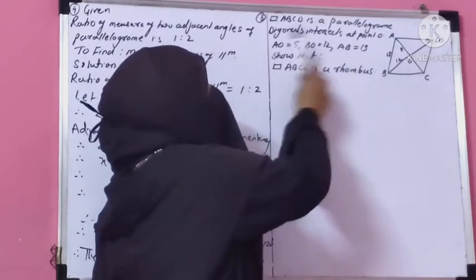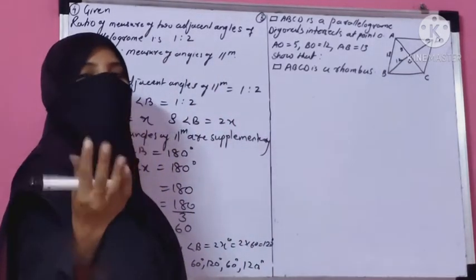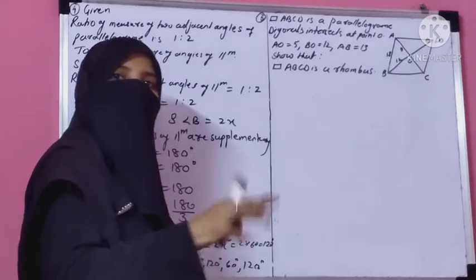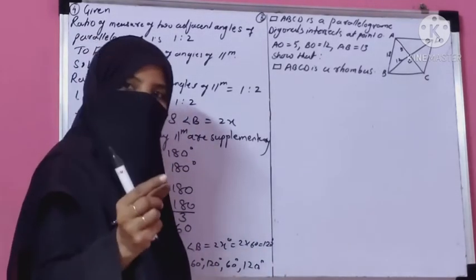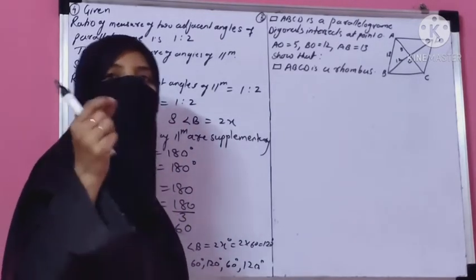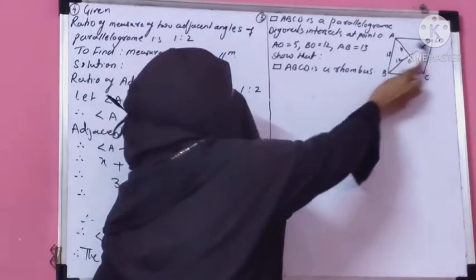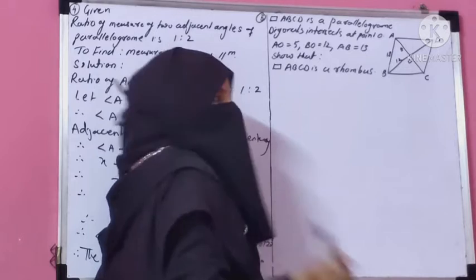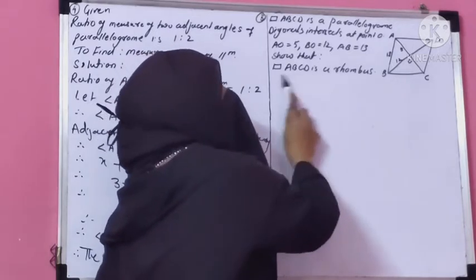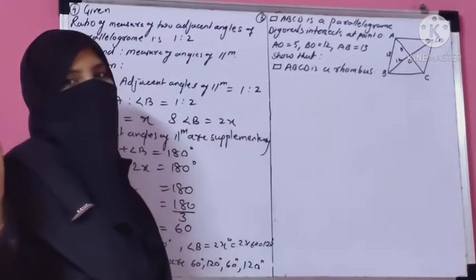If you observe, this question is only about the diagonals. Now focus on the properties of diagonals in a parallelogram and in a rhombus. In a parallelogram, diagonals bisect each other, but in a rhombus, diagonals are perpendicular bisectors of each other. As this quadrilateral is a parallelogram, the diagonals bisect each other. But you have to prove it is a rhombus. For a rhombus, the diagonals should be perpendicular bisectors of each other.